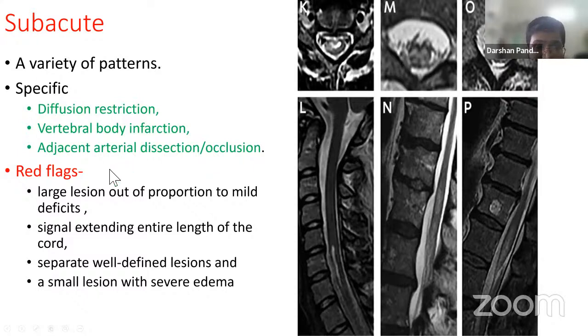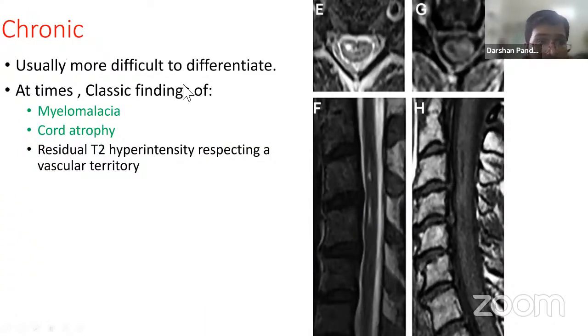But the red flags are large lesions out of proportion to a mild deficit, or signal extending the entire length of the cord, or separate well-defined lesions, or a small lesion with severe edema. Then infarction is quite a red flag for a different etiology or a very different presentation. In the chronic setting, it is very difficult to differentiate. Sometimes classical findings like myelomalacia and cord atrophy can be seen,